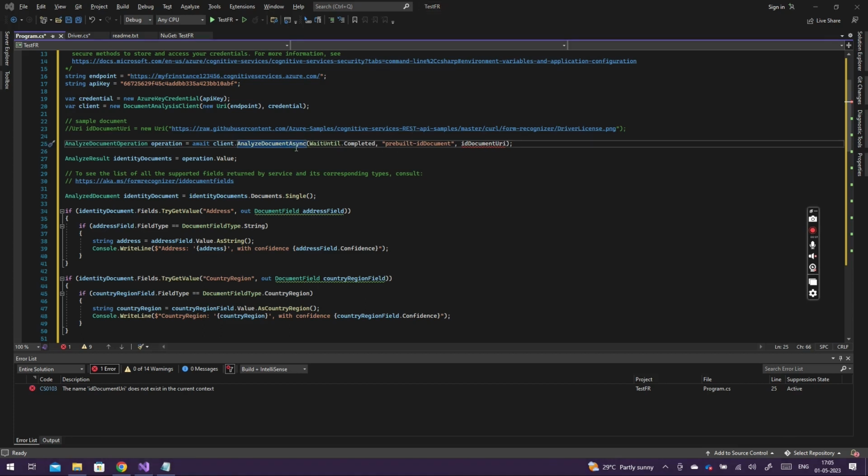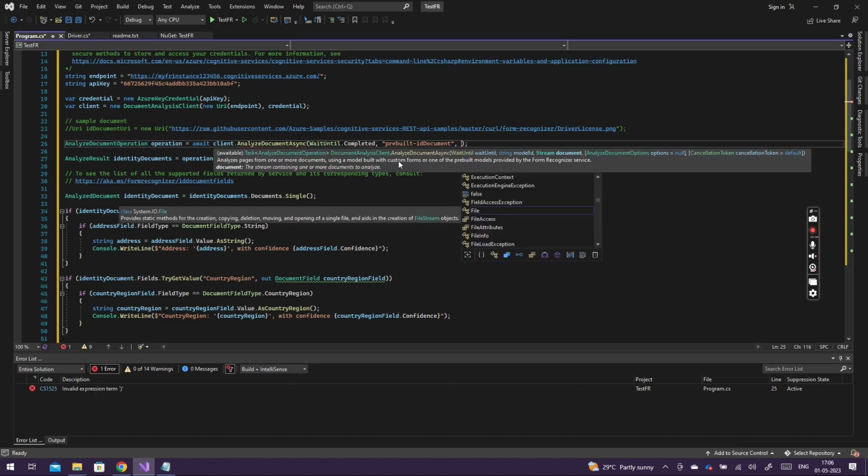Instead, we will pass a byte array or a stream from our local storage to the service to get a JSON response. Here it's asking for the third parameter to be a stream, right? So I will say new